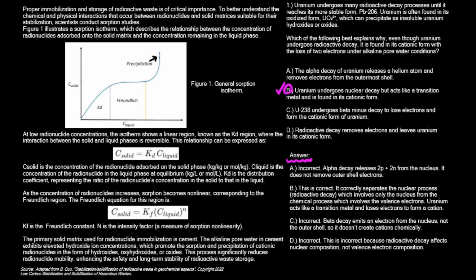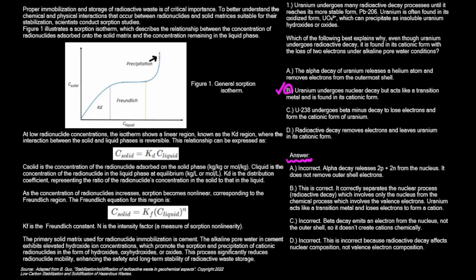After working through this passage and also its questions, which answer choice do you think is the right answer to question number 1? If you picked answer choice B, you are correct. Question number 1 reads, uranium undergoes many radioactive decay processes until it reaches its more stable form. Uranium is often found in its oxidized form,